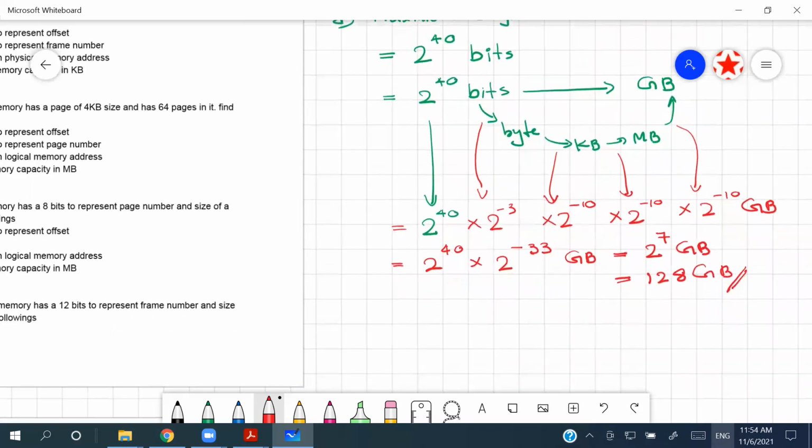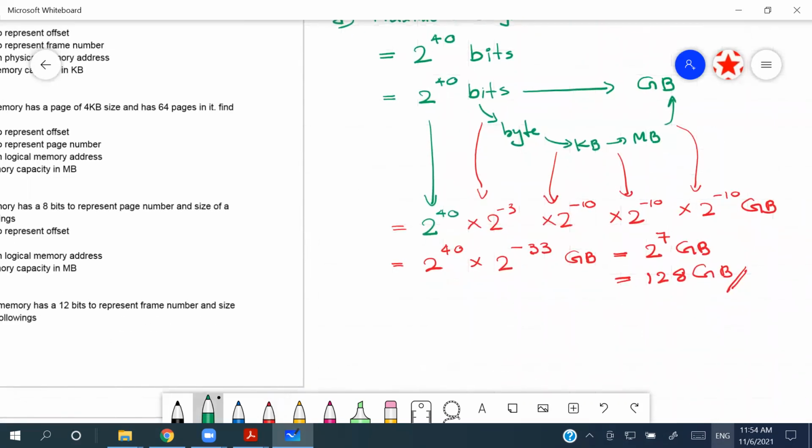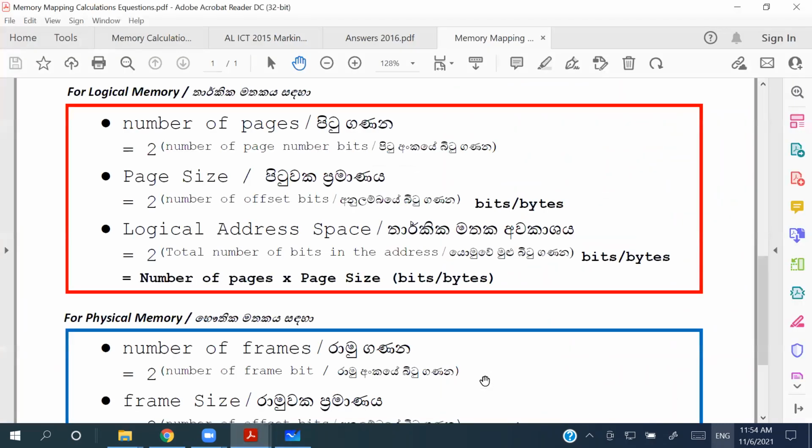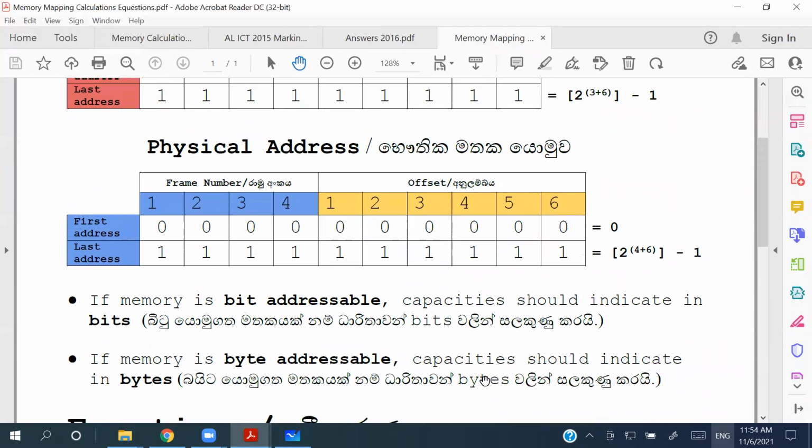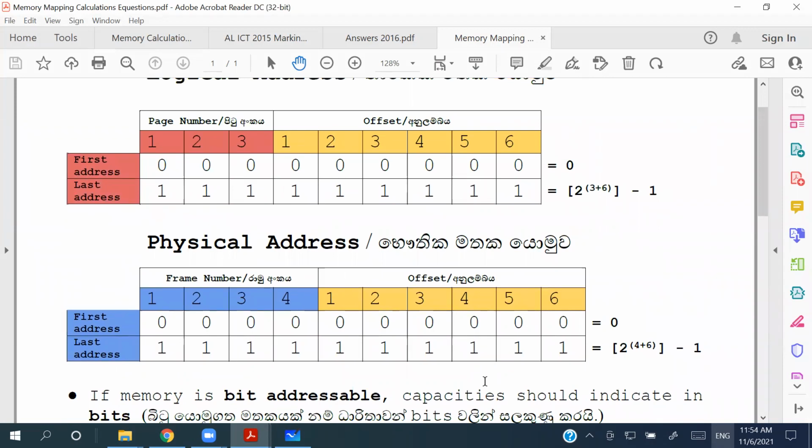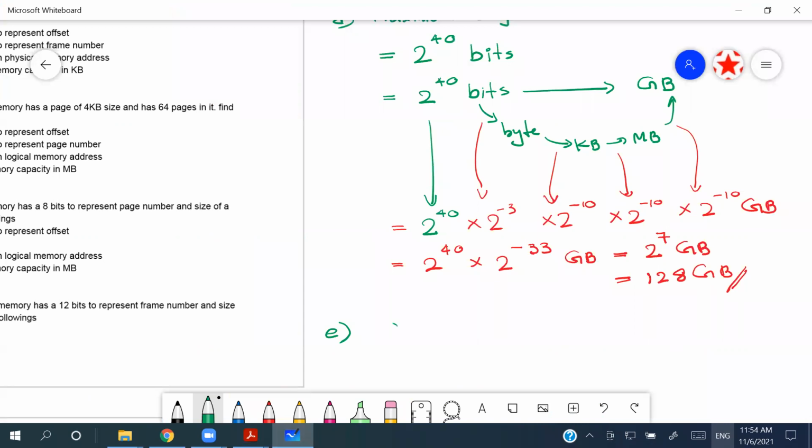And the very last one is asking what is the address range, and we get to know about writing the address range. As I remember, here I have shown you how to write the address range as well, right? First address to last address that we are going to write. So the first address is 0 anyway. Last address means you are taking the number of bits in the memory address. So it is taken as 2 to the power total number. Then from that answer, you are going to reduce the 1, right? So the address range is going to be 0 to,